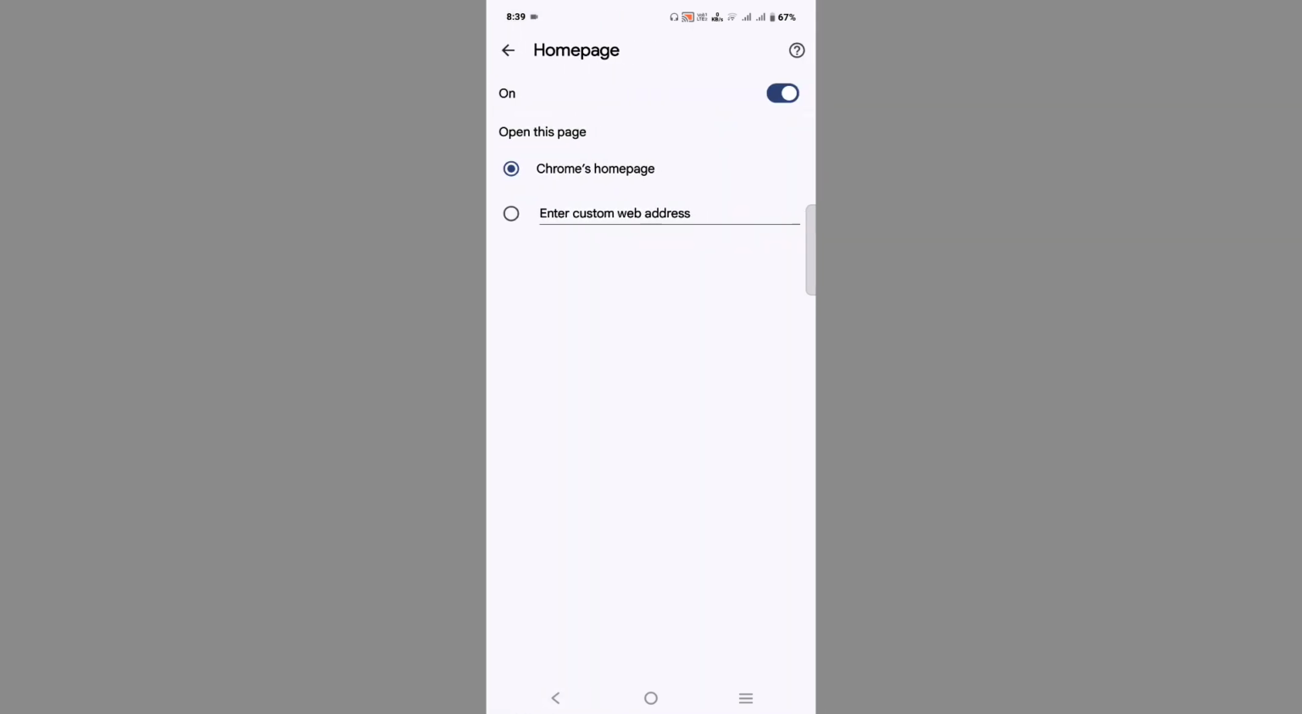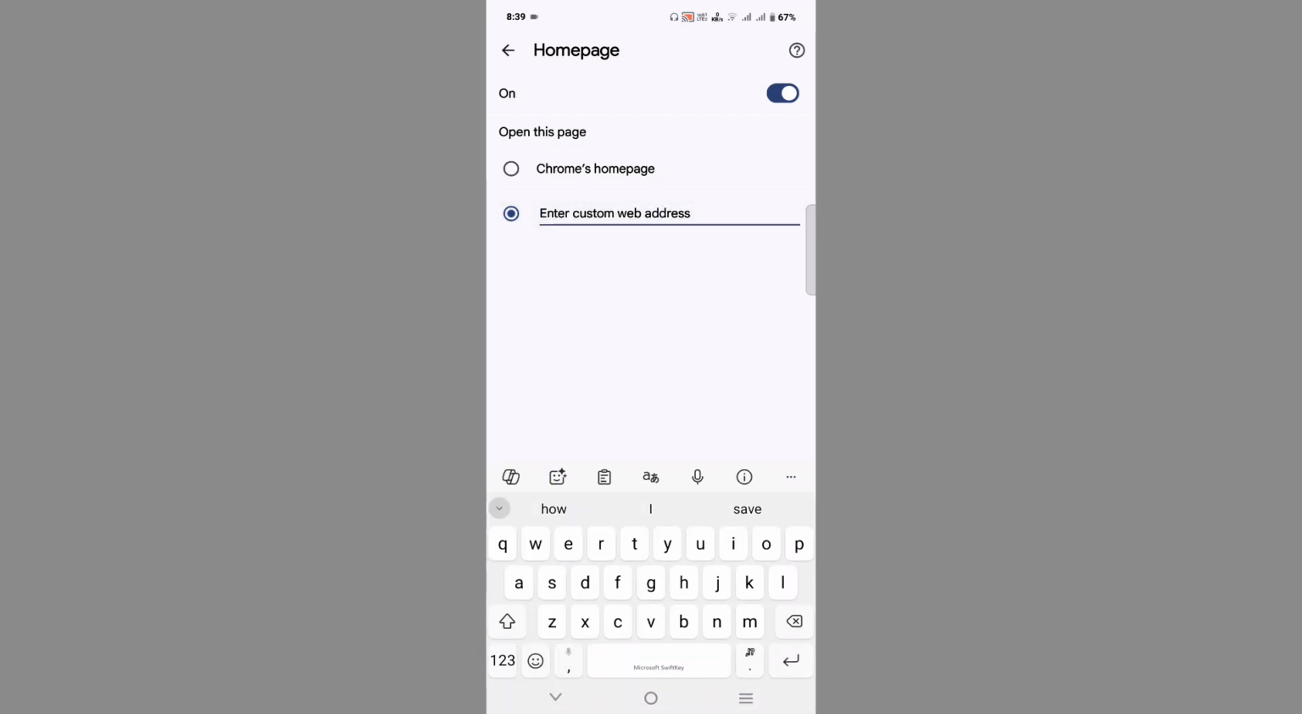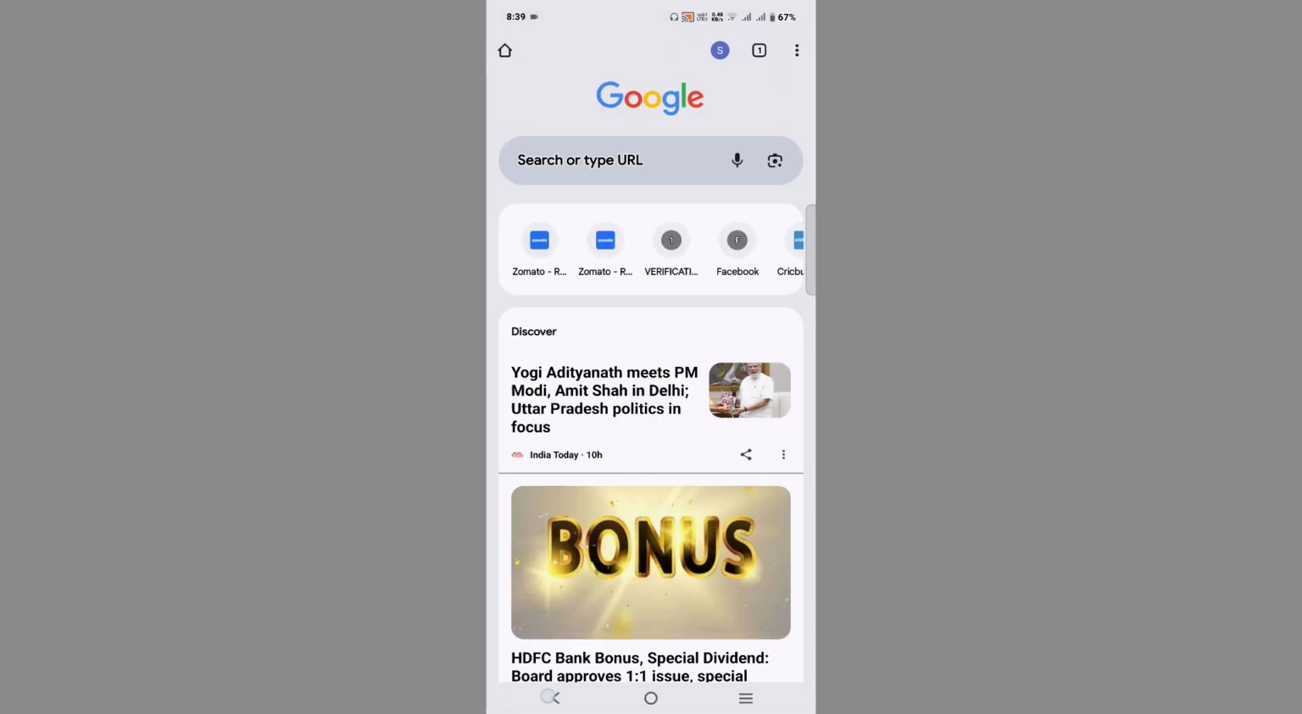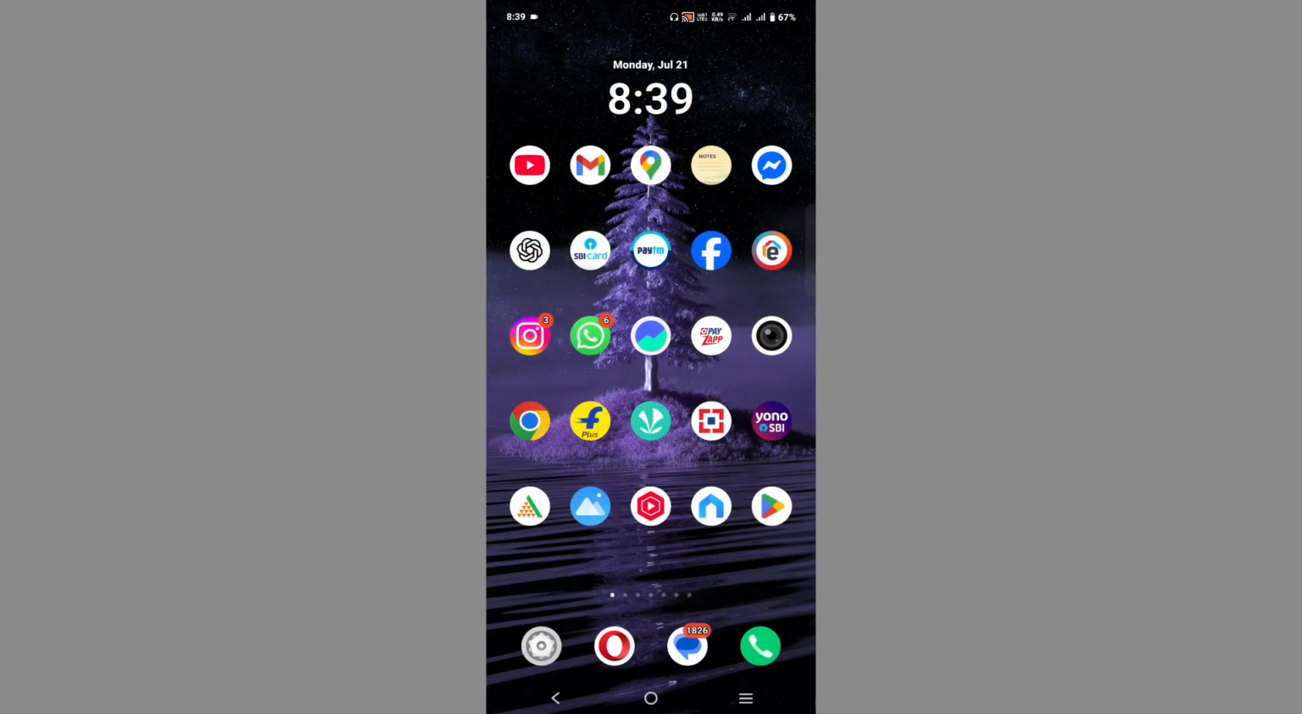Once you click on that, if you want to turn it on, you can turn it on, and once you turn it on, enter the custom address and type www.google.com. That's it. And once you do that, come back, and next time when you will open your Google Chrome,